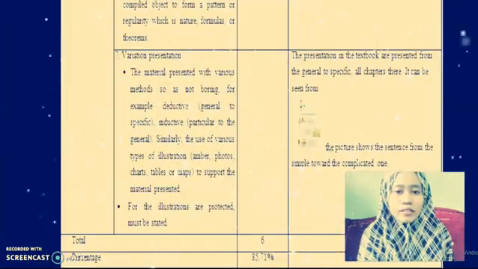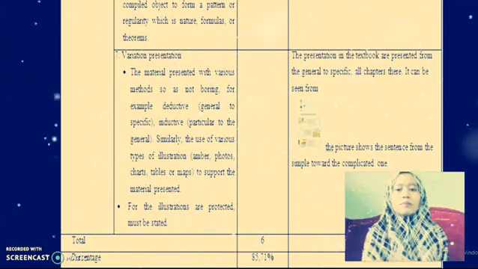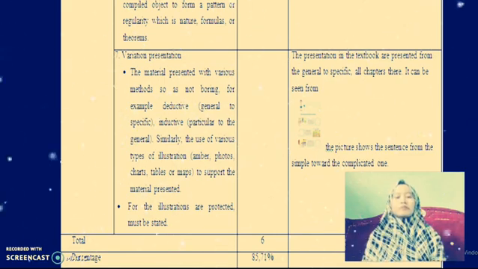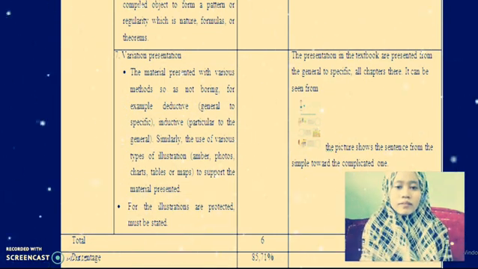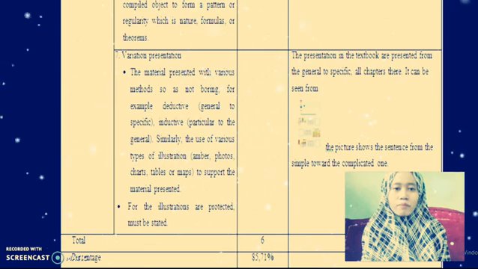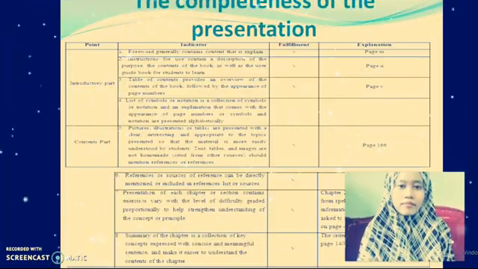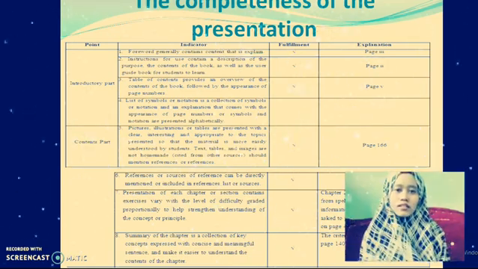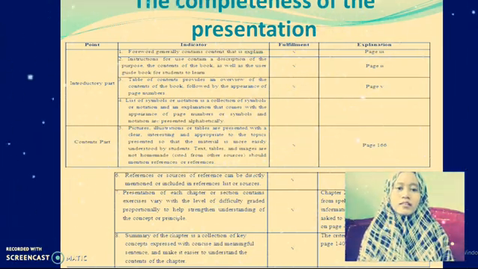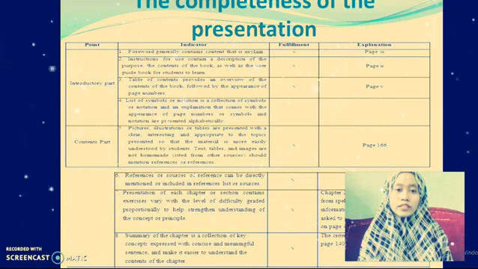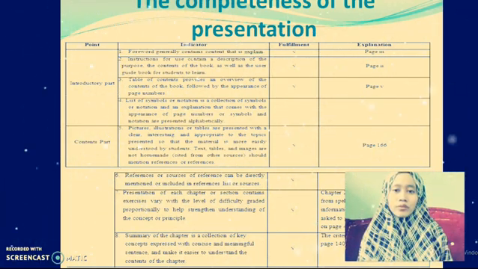And the next point is presentation appropriateness, technical presentation. Among 7 indicators, the textbook fulfilled 6 of them. And the next is the completeness of the presentation. For the introductory part, the textbook fulfilled